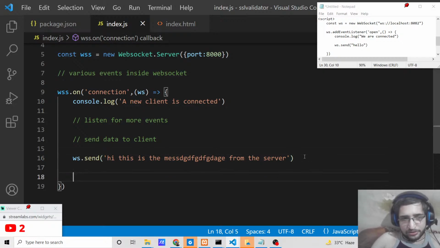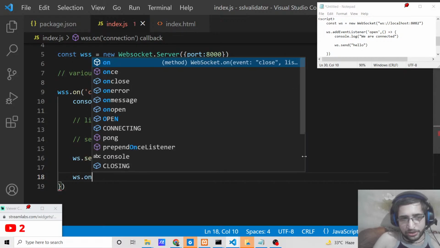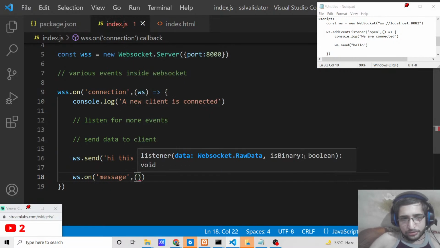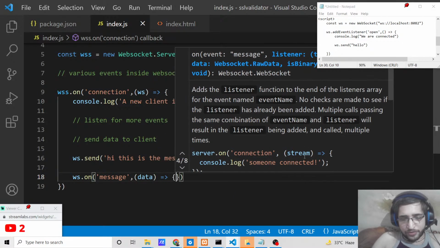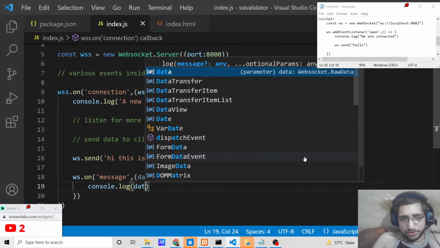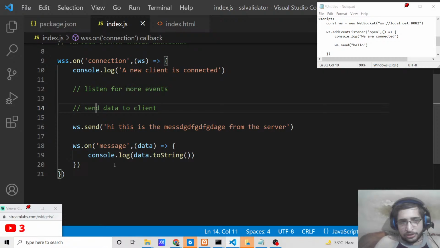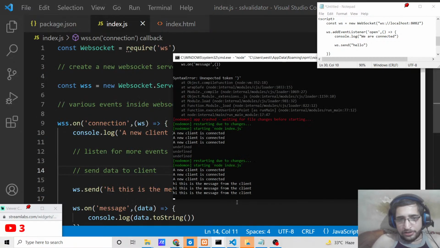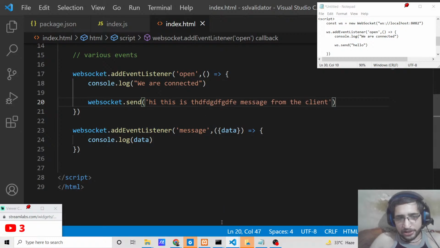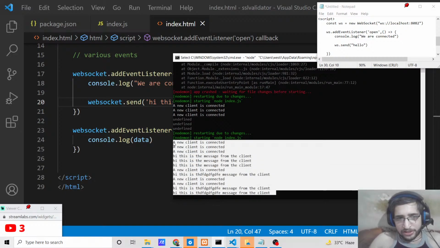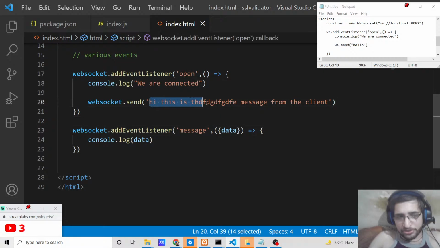and right here we will simply say ws.on message, and we will have this data, and here we need to convert this data to string, so we will simply say toString. That's it. So now what will happen if I refresh it? Hi, this is a message from the client. So we are sending this message from the client here. You can customize this message accordingly. So both the ways I have shown you guys, you can send out string messages, and